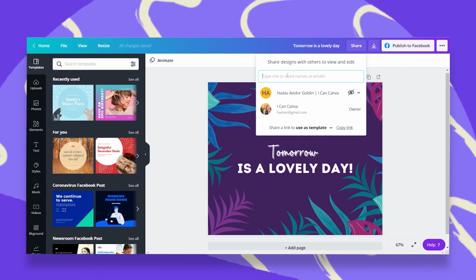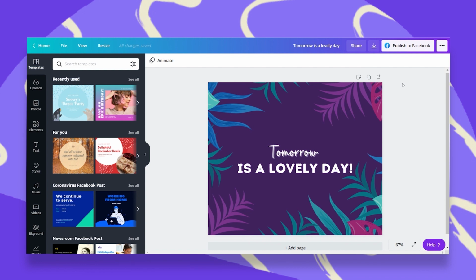shared with them directly. Whoever is using your template and making some changes and editing the template, this does not affect your master copy in any way. This is your safe way to keep your master copy as it is and share your love for design with